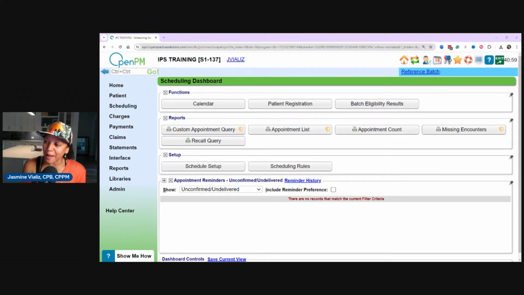Awesome. All right. So the recall process, again, may be a responsibility of yours, maybe something where you just hit a button because the software does it. But it is something that supports practice retention, meaning the patients staying consistent and staying patients, right? So it helps the retention rates for your patients. And it also is what we would consider an internal marketing effort, right? We already have these relationships with these patients. They already know who we are, and we have a relationship established in a way of care. So we want them to come back instead of trying to attract new patients, right? It's like, how can we serve and improve upon what we do for our current patients rather than trying to get out